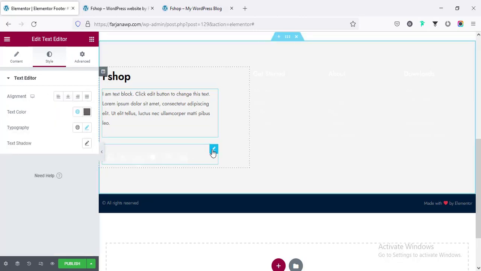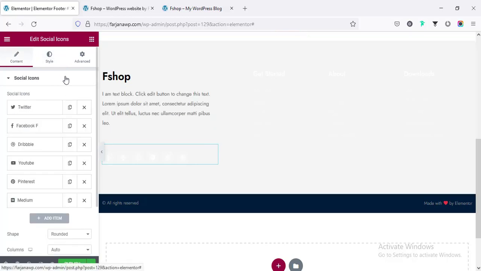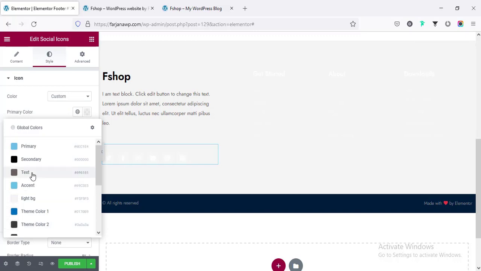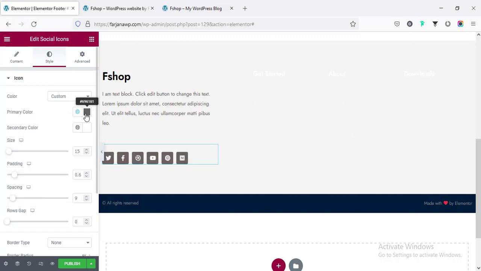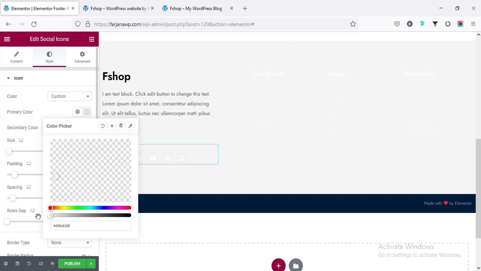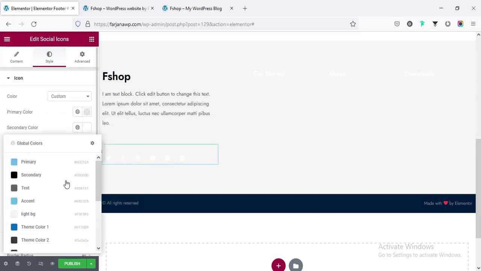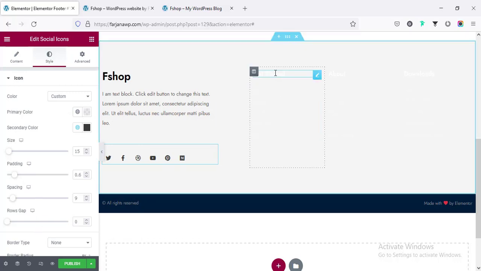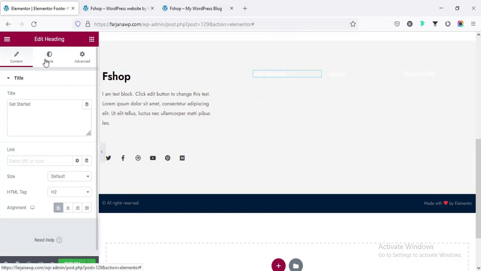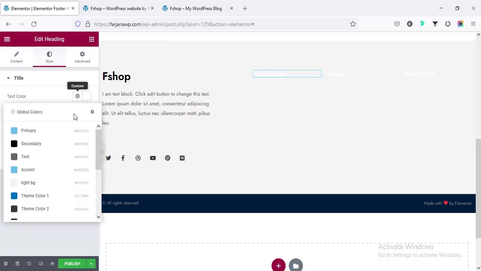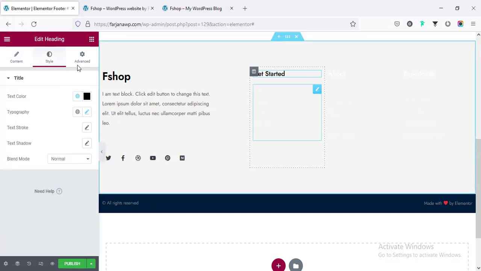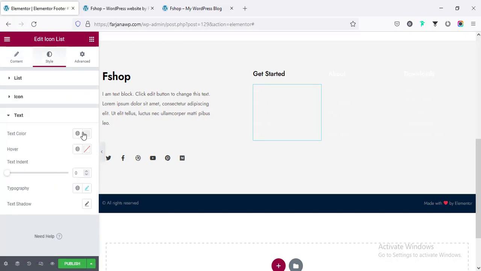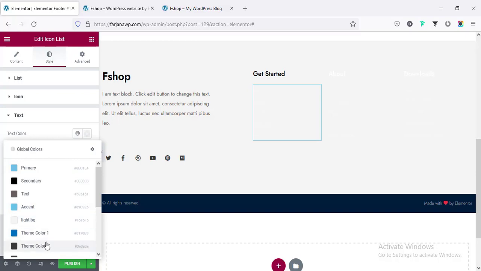And also for all these social icons, going to style tab and primary color, I'm making it transparent, and for the secondary I'm using the gray color. And now in a similar way for all others, going to style tab and changing the color to black, and here going to style tab, changing the text color to this color,